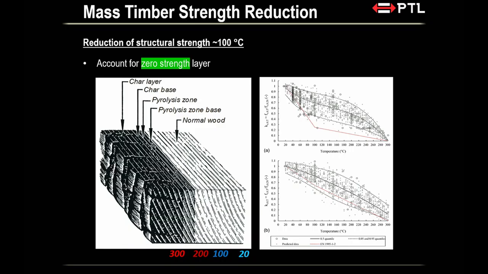So if you're designing a column at about 100 degrees Celsius, you only have 0.3 ratio, not percent, of the original strength of the timber left. So it becomes quite soft. And at 100 degrees Celsius, people bend timber to create furniture, right? So just keep that in mind when you're designing beams, columns, load-bearing walls, that sort of thing.